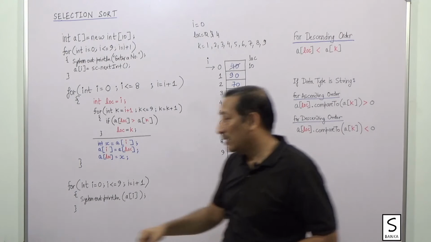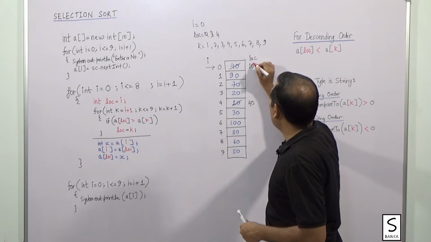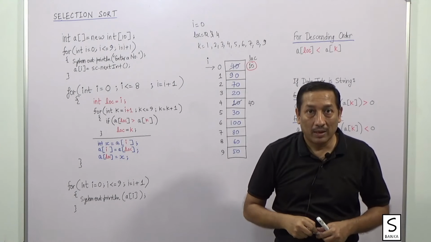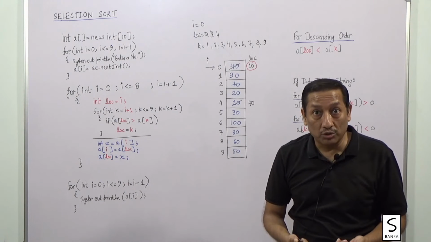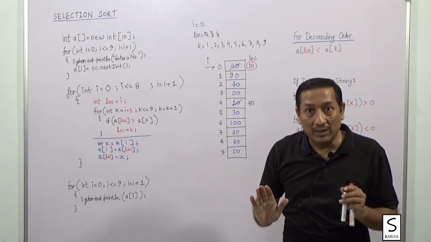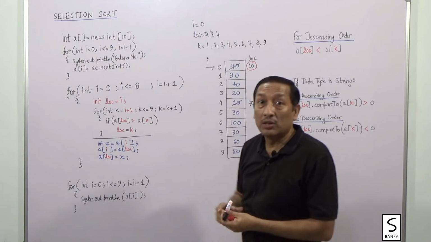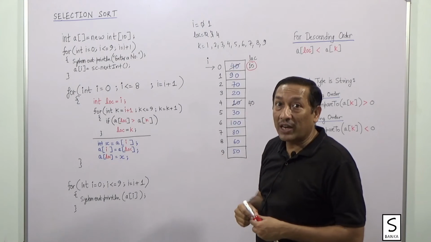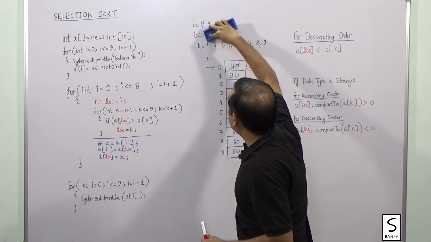And we will find that one of the numbers is now at the location it should be. That is the smallest number. Now we move on because we need to arrange the other locations also. Obviously, since one location's purpose has been fulfilled, we move to the next location. So next round, the value of I becomes 1 from 0. And once the value of I becomes 1, the entire thing restarts.